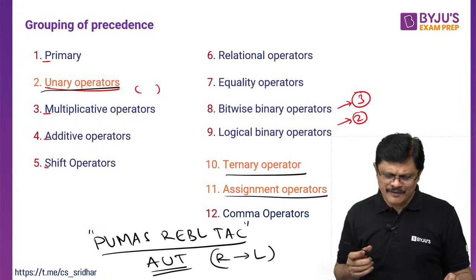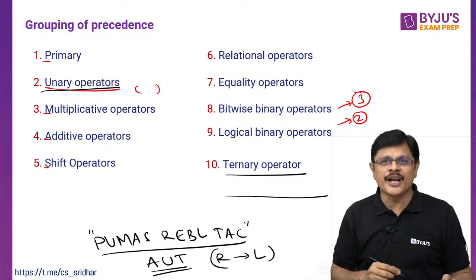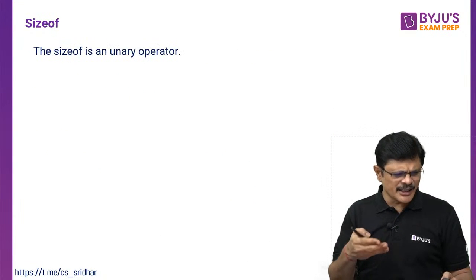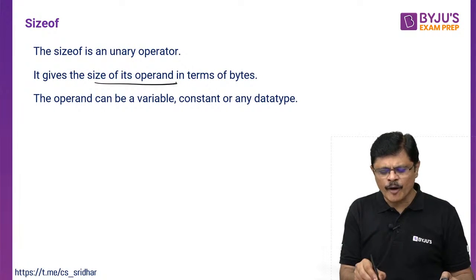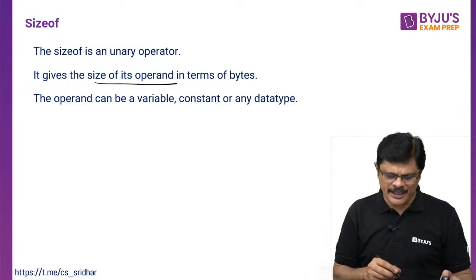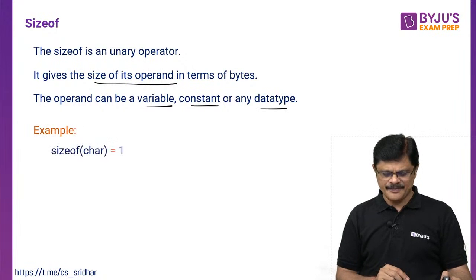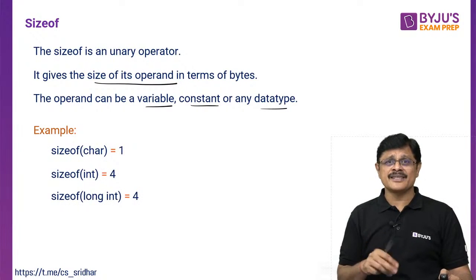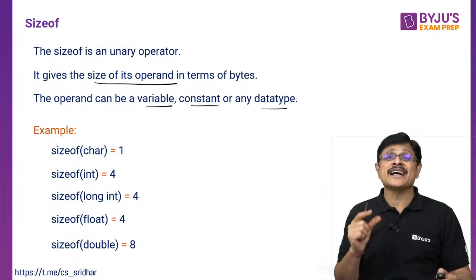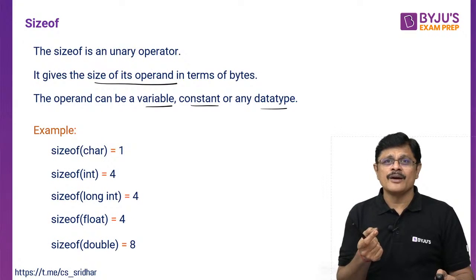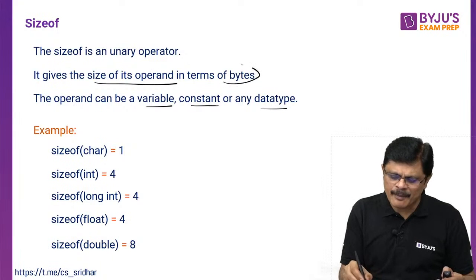It is included. Actually, if you see the sizeof operator, sir, it is also under unary operators. Sizeof we have already seen. There is nothing to mention. Just for completeness, I am reading it. The sizeof is a unary operator. It gives the size of operands in terms of bytes. The operand can be a variable, constant or any data type, my dear friends. So sizeof char is 1 in my system. In an old system, size of integer may be 2 bytes. So you can use sizeof to know the size of a particular data type or a variable. You are going to get the answer in bytes, my dear friends.